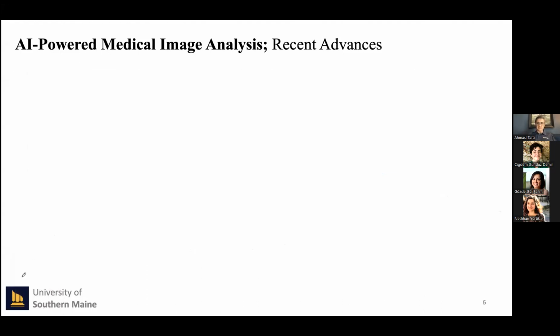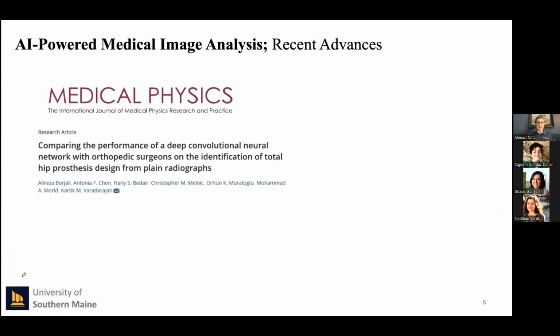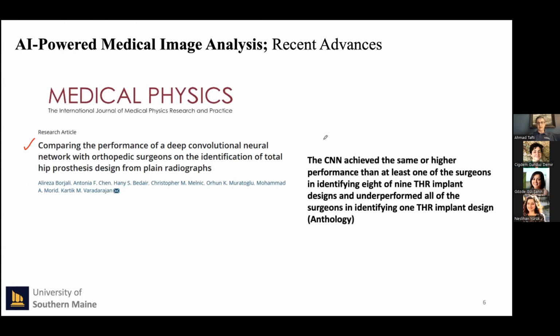The second study I would like to highlight is provided by Harvard scientists, and the paper is entitled Comparing Performance of Deep Learning Convolutional Neural Network with Orthopedic Surgeon on identification of total hip prosthesis design from plain radiographs. This work summarized that the convolutional neural network achieved the same or even higher performance than at least one of the surgeons in identifying 8 of 9 total hip replacement implant designs, but underperformed all of the surgeons in identifying 1 total hip